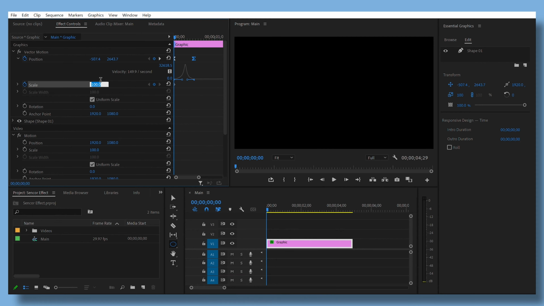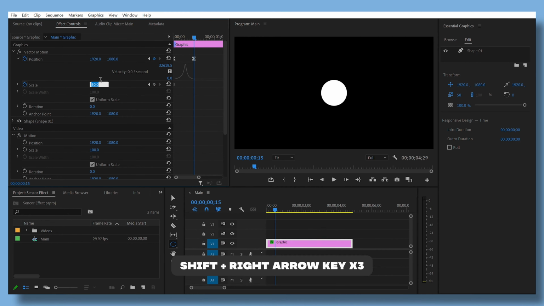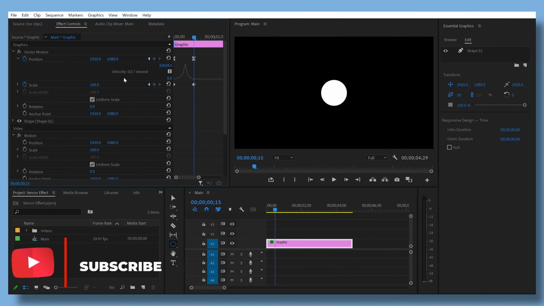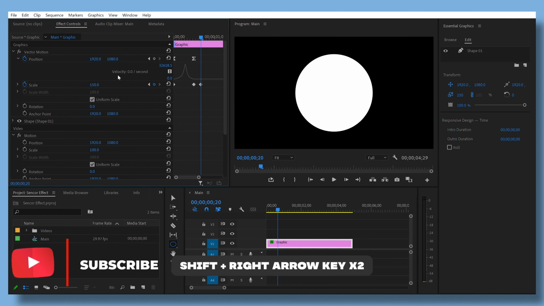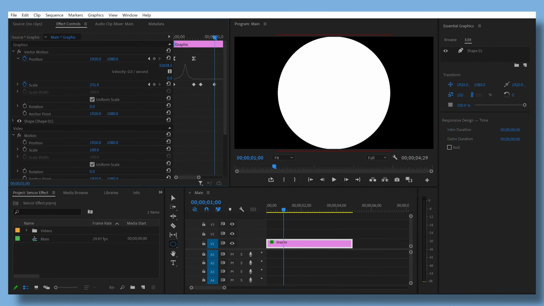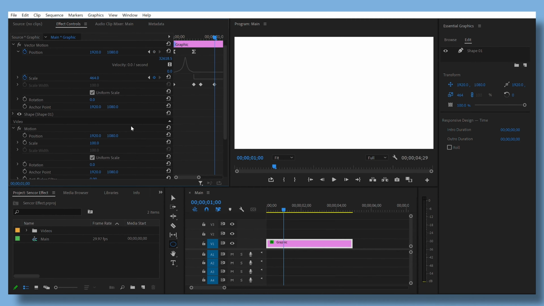After that, add a 50% scale keyframe at the beginning. Skip 15 frames and change the scale to 100%, and it will automatically add a keyframe. Skip 5 frames more and change the scale to 150%. Again, skip 10 frames and increase the scale as much to cover the entire screen. Then change the opacity to